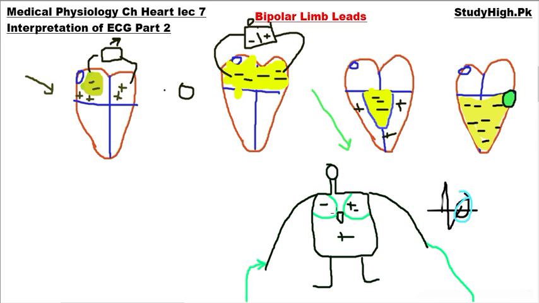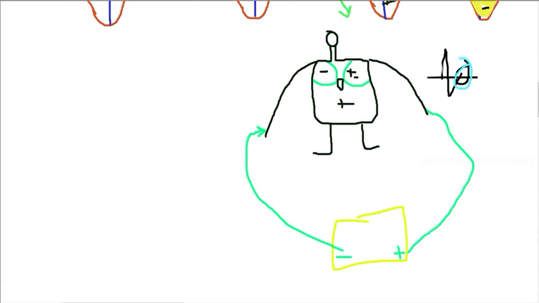That's why the P wave that is recorded by our lead 1, what is the connection of this lead 1? In lead 1, the negative terminal is connected with the right arm, whereas the positive terminal is connected with the left arm. And the P wave, when the SA node just starts to initiate action potential, this region is negative potential, and this will also be transferred to the right arm, whereas this region is in positive potential, this will also be transferred to the left arm. So our lead 1 will be deflected a little in the positive direction.